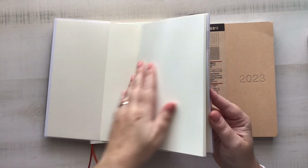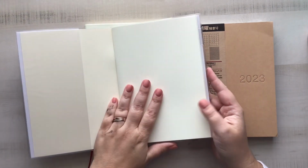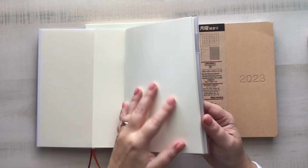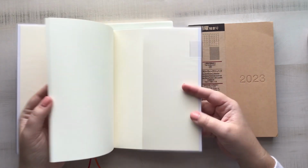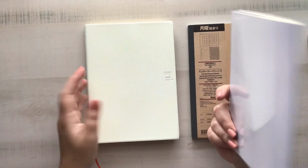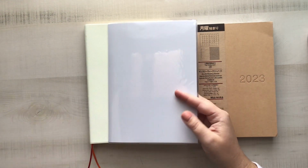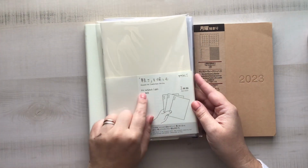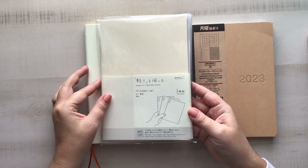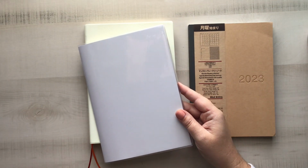This is just a blank A5 Midori notebook, and the reason that I have chosen this particular insert is because I love the paper. I might lean into a grid one next time. I've got 2 of these left. Here's the package. It's the MD Notebook Light. It comes in a 3-pack. It's just blank paper, and I'm using one